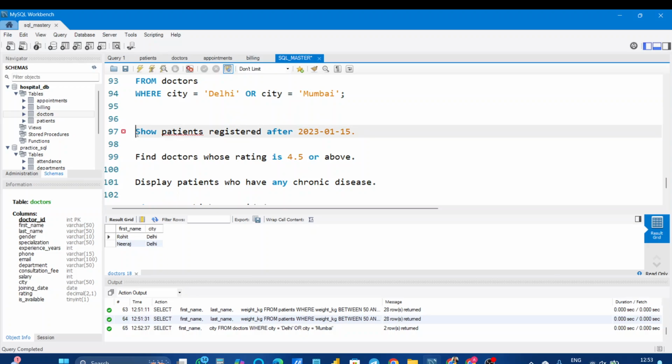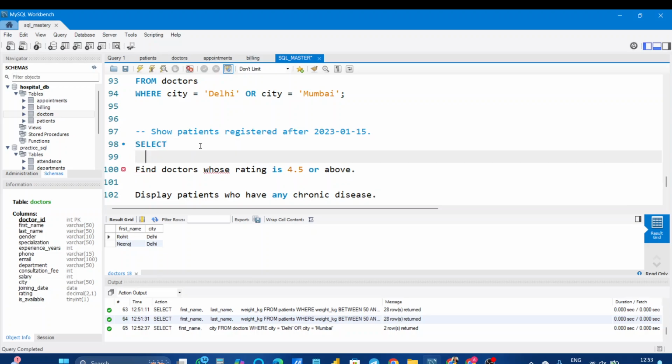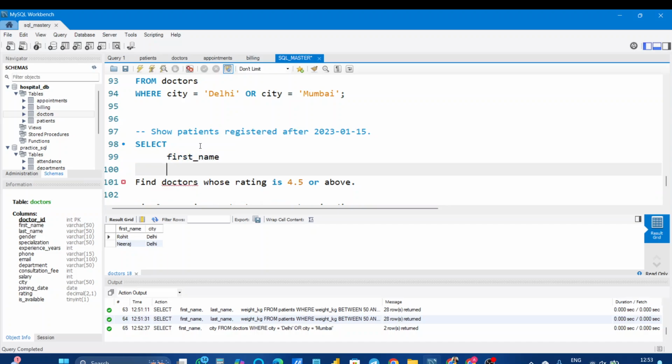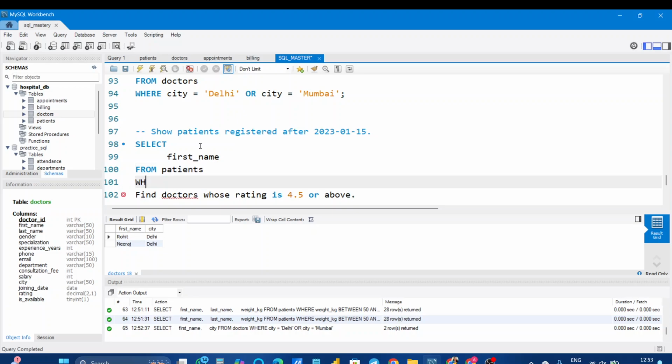Then next question is, I know I'm shooting in my room, so that's why you get some noises. Just ignore it. Show patients registered after 2023. One minute. Select first name from the patients